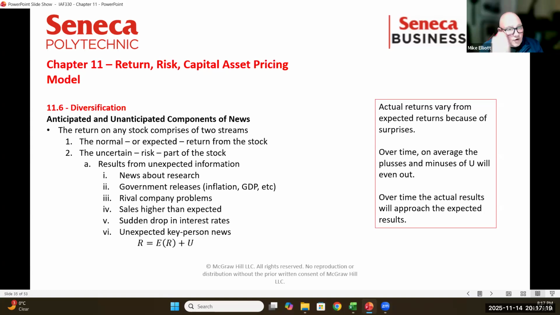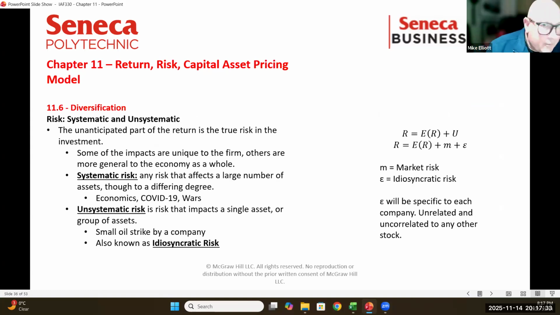So the return is going to be your expected return plus an unexpected component. What's the unexpected component? I don't know because it's unexpected. But let's talk about it for a minute. The unanticipated part of the return is the true risk in the investment. The stuff that we don't expect to happen. Because if we didn't expect it to happen, it wouldn't be expected, right? So some of the impacts are unique to the firm. Some are more general to the economy as a whole. If something unexpected happens that affects everybody,